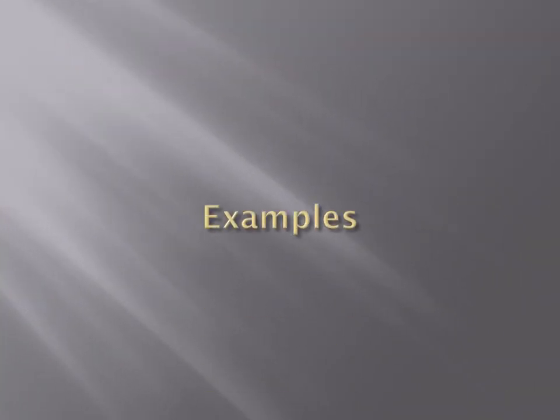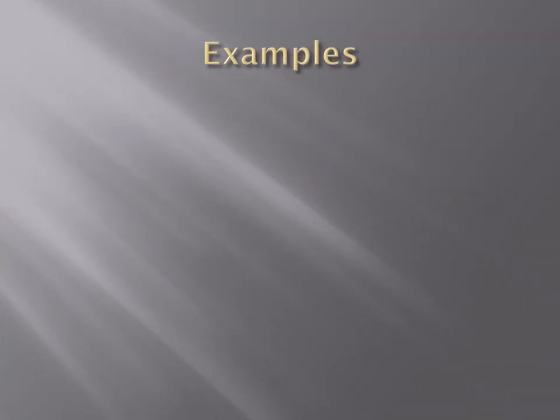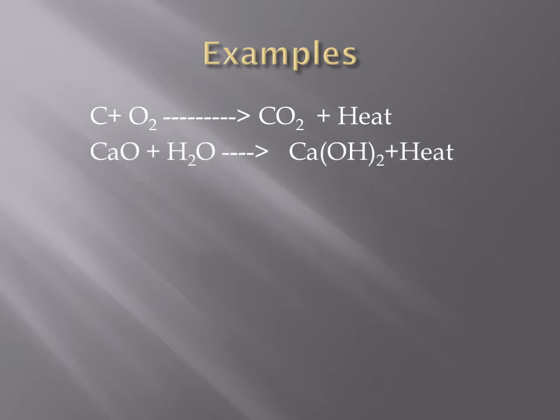We have some examples here. When carbon burns in oxygen to form carbon dioxide, a lot of heat is produced. When water is added to quicklime, a lot of heat energy is produced with the formation of alkaline calcium hydroxide or slaked lime. Calcium hydroxide is known as slaked lime. Heat produced boils the water and hissing sound is produced. This is called slaking of lime.